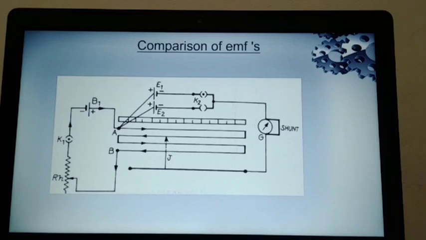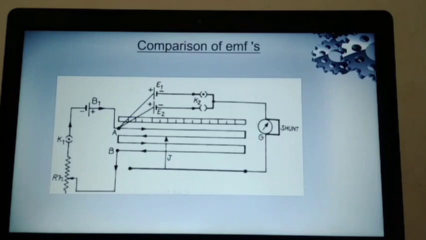A potential is provided by the primary circuit over the whole potentiometer wire. So when you connect another source of EMF in the secondary circuit at a particular length on the potentiometer wire, both the potentials will be equal. There the galvanometer shows zero deflection. We have to find the point where the potentials are matching.